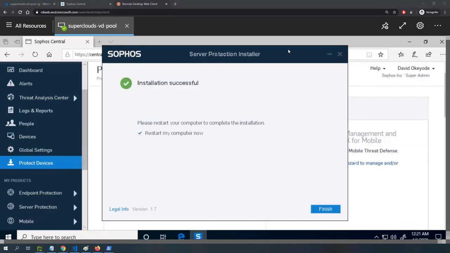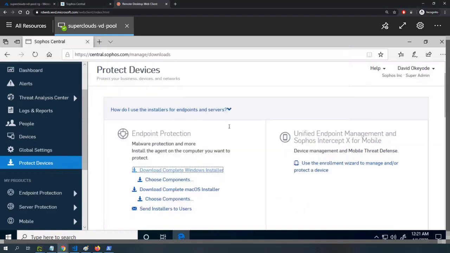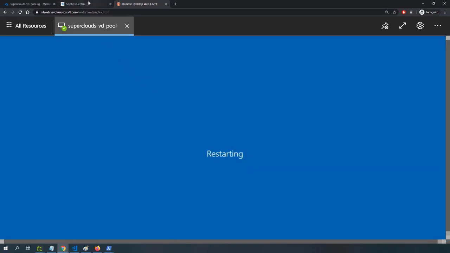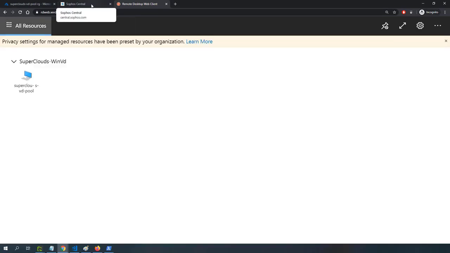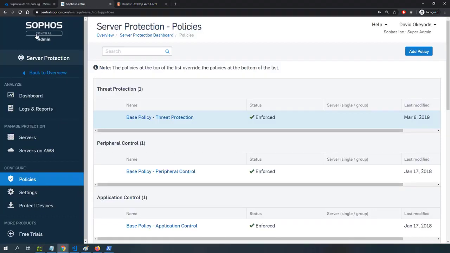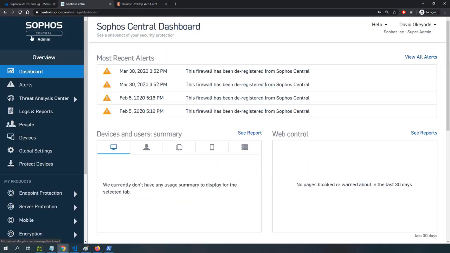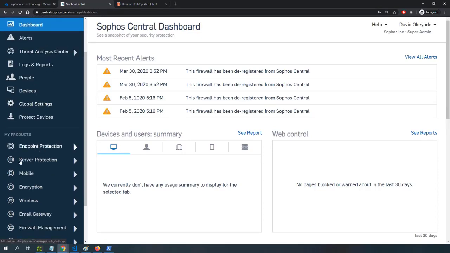So welcome back. The deployment completed successfully, so I need to restart the machine. If I go ahead and click finish in that, that's going to restart this session host, and while it's restarting, I'm going to show you how to configure the policies in Sophos Central. So if I go to Sophos Central, back to the main view, and scroll down under my products, I have server protection here. If I click on the server protection,